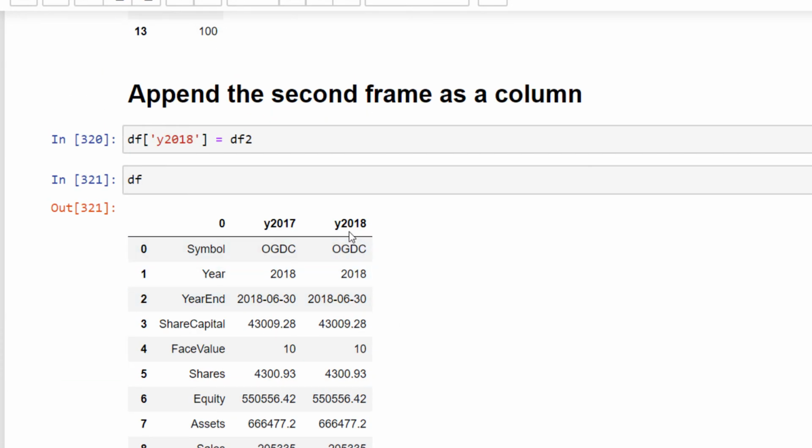It has added year 2018 to it. While I was practicing, I had already created this variable, and I gave it a name of 2017. So now if you repeat this process, it will keep on adding columns to it. At the moment it seems that this specific column, which I created during my practice, is not needed. So let's delete this column.